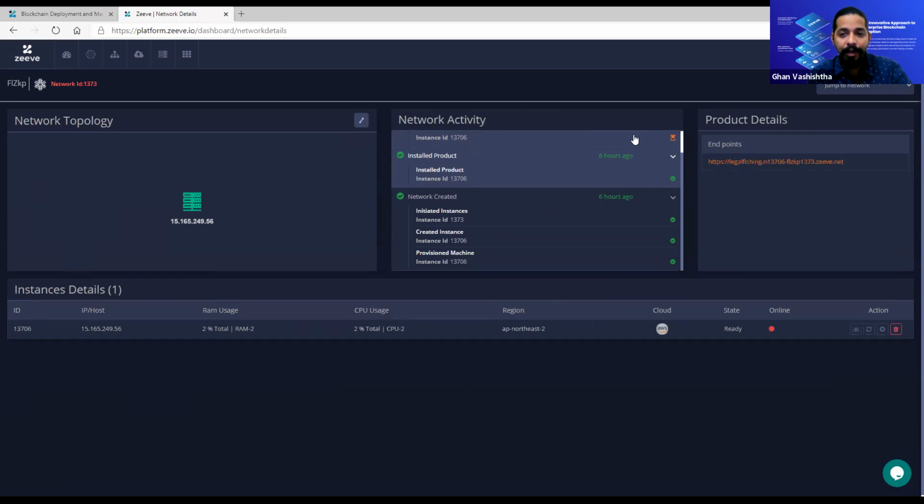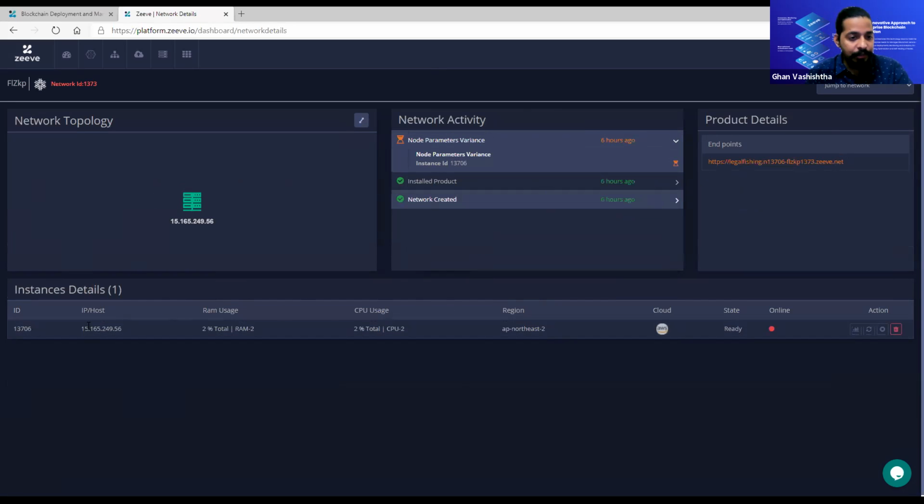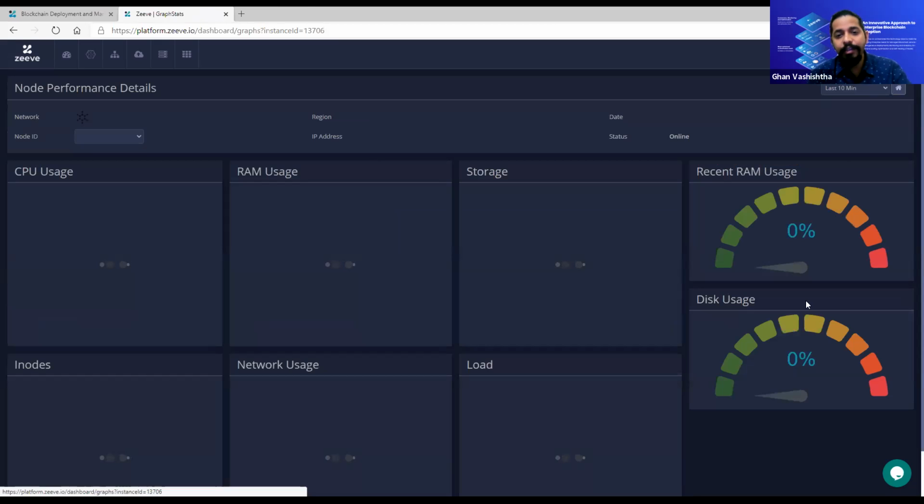I'll show you how to deploy an application, and we'll check that out too. Here is the list of instances. If I keep adding more instances, the list will keep going up. You see the IP host, RAM usage, CPU usage, the region, again, the cloud, the state, and then you have these sections here. So we'll go to the stats section first to see what it gives you on the cloud